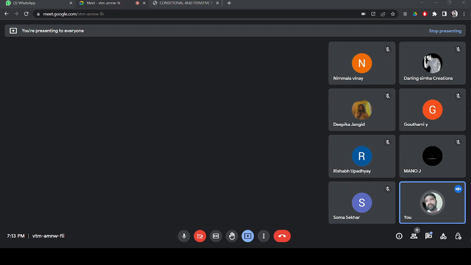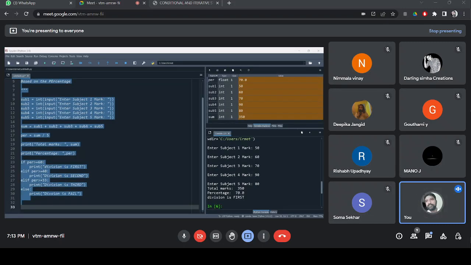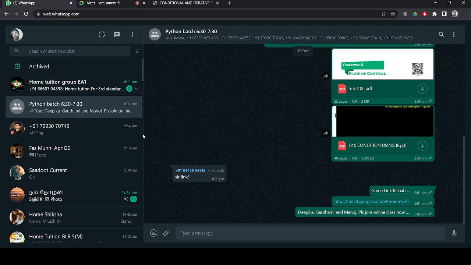Now what I'm saying, to explore and experiment, I'm copy pasting this whole program. You can see what is the input and what is the output in front of your screen. This program I'm copy pasting in your WhatsApp. You can go through this program and you solve all the problem. When you come to the class tomorrow, you have to solve all the problem. Otherwise, the next topic will be difficult for you to understand.